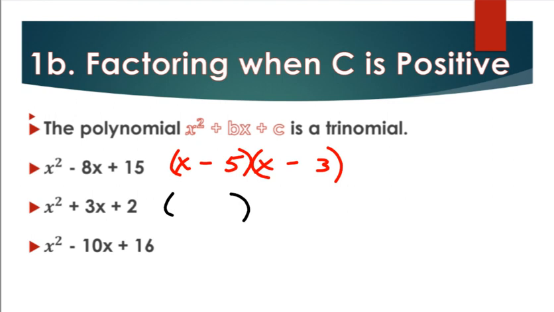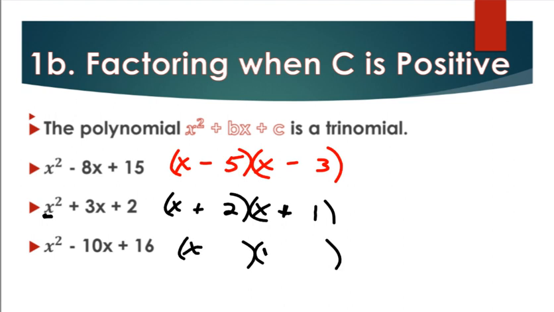Next one, two binomials. Whatever the letters in the front squared, I just put that at the beginning of my binomials. What multiplies to give me 2, but adds together to give me 3? The only way to multiply to get 2 is 2 times 1. And since everything's positive, I need to have positive in my binomials. And the third one,